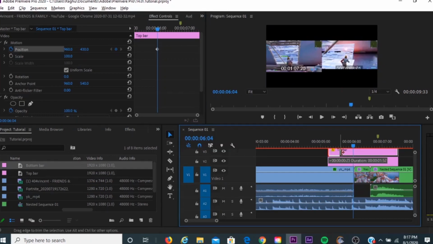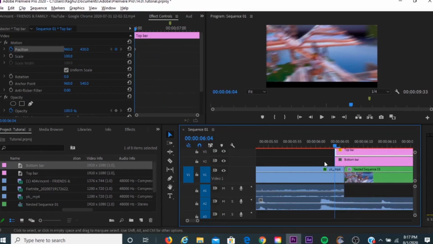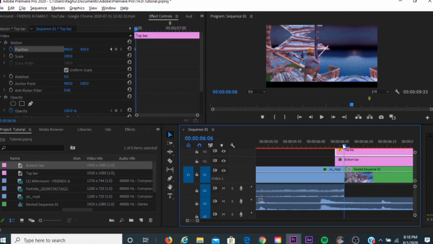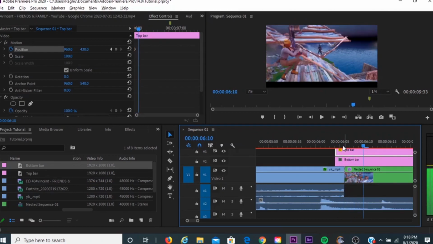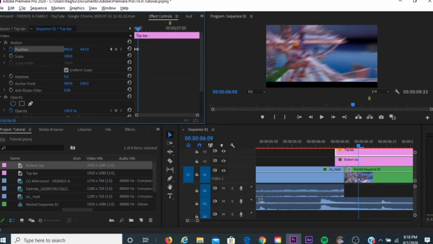You can also bring this just right in there. We only need the top bar to start right there. Alright. Right there, and then right when the transition ends for that second part, right there, you want to make this and drag the top bar to the right